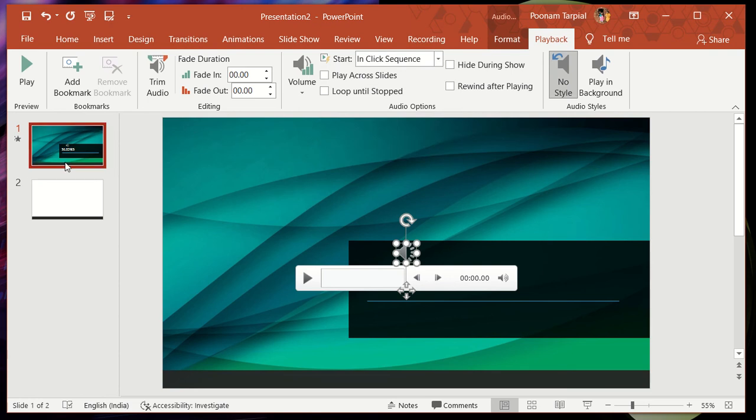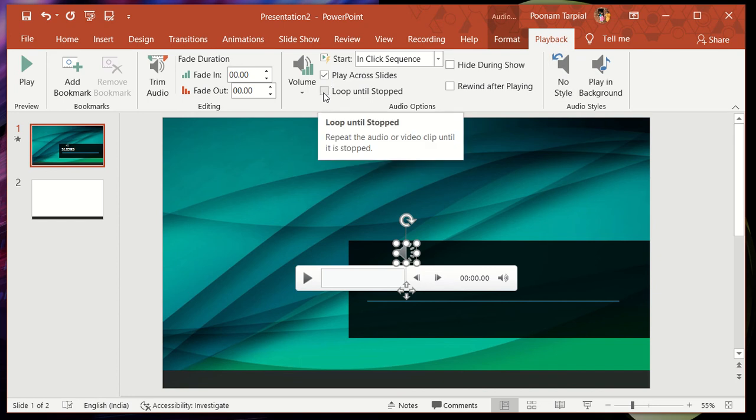Here I have created only two slides, but even if your slides are 10 or more, or even 5, and you want to play the music across your slides, you need to select this specific option, which is play across slides. This is the first option, and you have to loop until stop. That means till your presentation is over, you want the music to be continuously looped. You may put a check mark in this option over here.